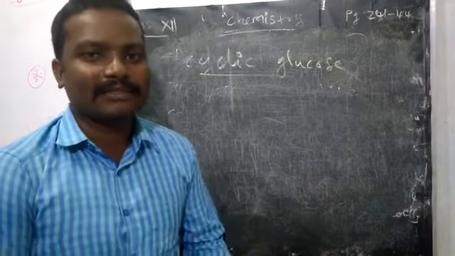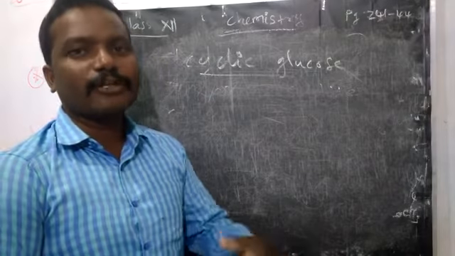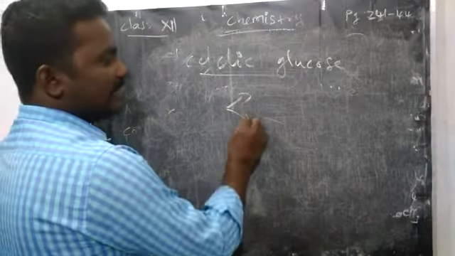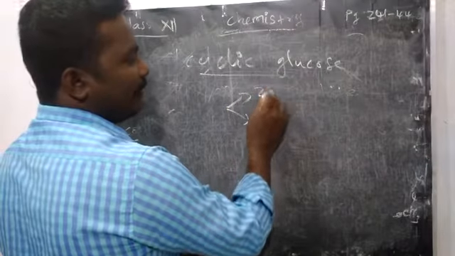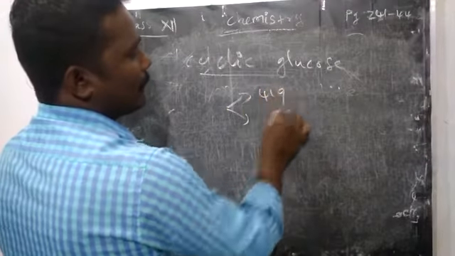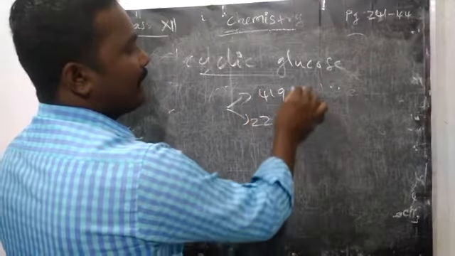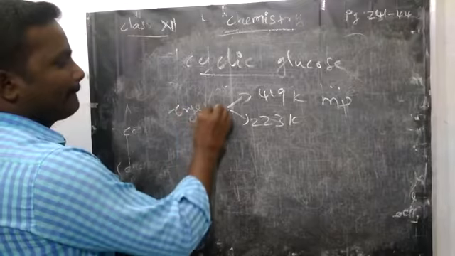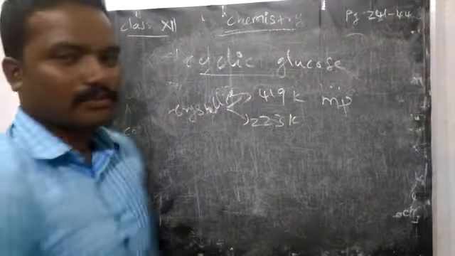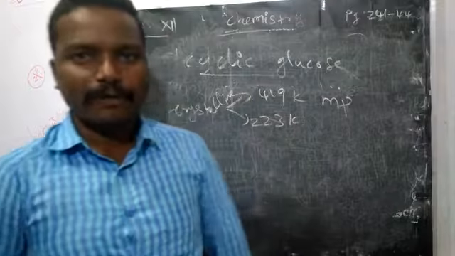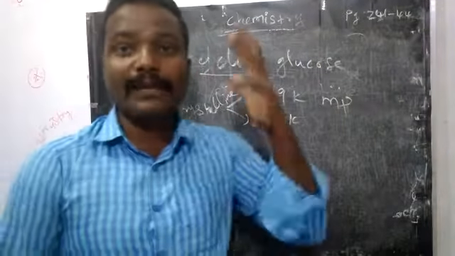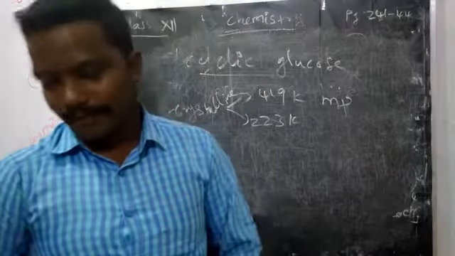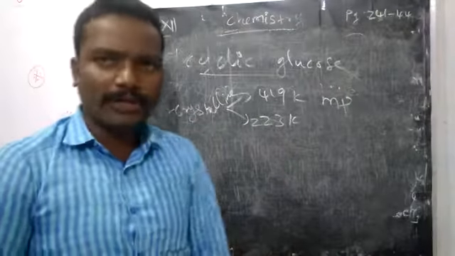If you crystallize the glucose solution under different conditions, it gives 2 crystalline compounds with 2 different melting points. So glucose forms two different types of crystalline compound with two different melting points. So we can confirm glucose has two different forms. So how may the two different forms form?